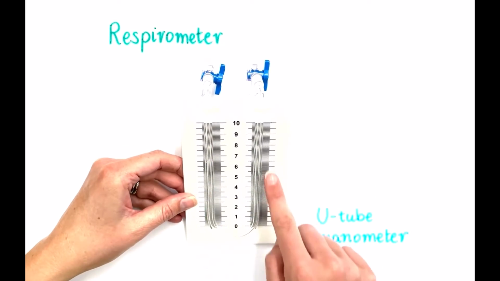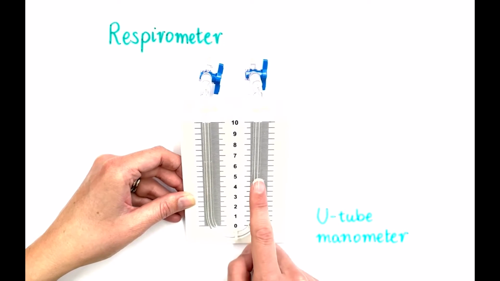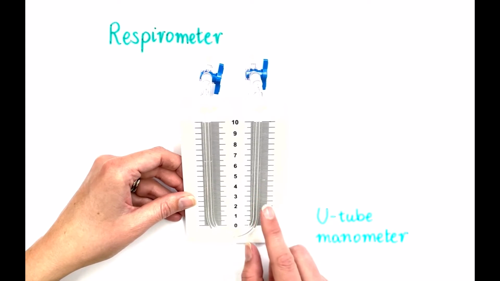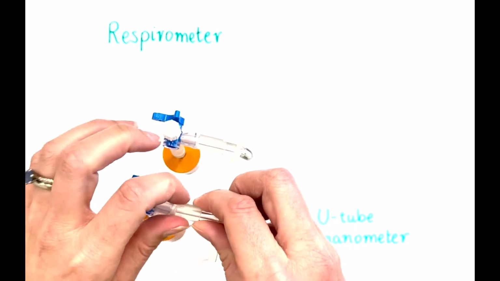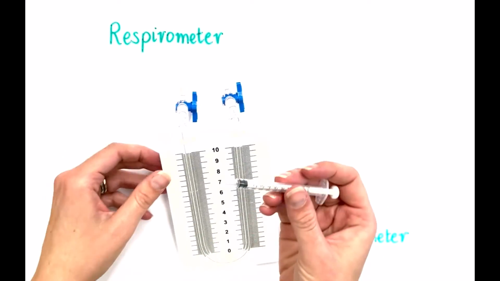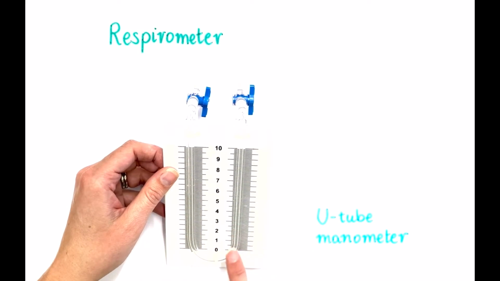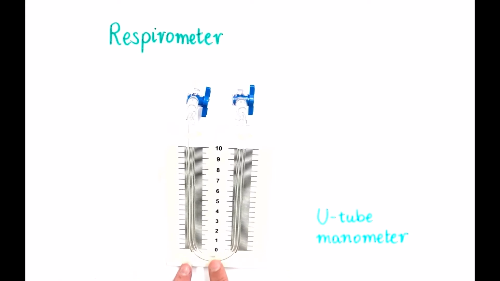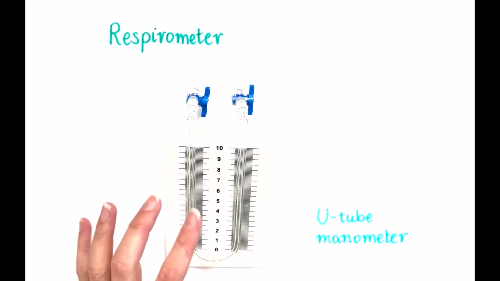But this section here is called our U-tube manometer, and you'd put some liquid in here. Usually you'd pop a bit of food colouring in to make it easier to see, or sometimes a bit of detergent to change the surface tension, just a drop or two. Make a mixture first. You can take these bits off to introduce some fluid in here, and you might use a syringe like this one. It doesn't really matter what amount you have, you just want a little zone with some fluid in here,